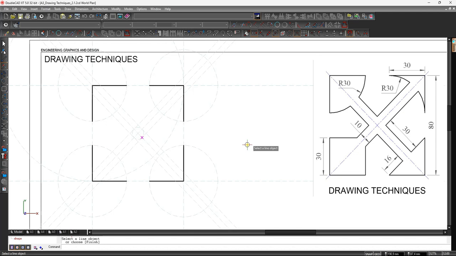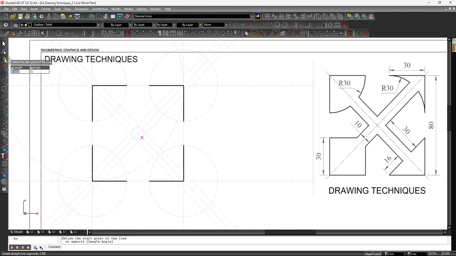Now on paper you would have drawn all of these constructions as light constructions with your compass and with your drawing equipment, but on CAD I use these water lines as a reference and guide, and therefore it will just require a couple more steps from me, whereas on paper you have already drawn these light construction lines now on your paper. So for CAD we are now going to select the line tool,